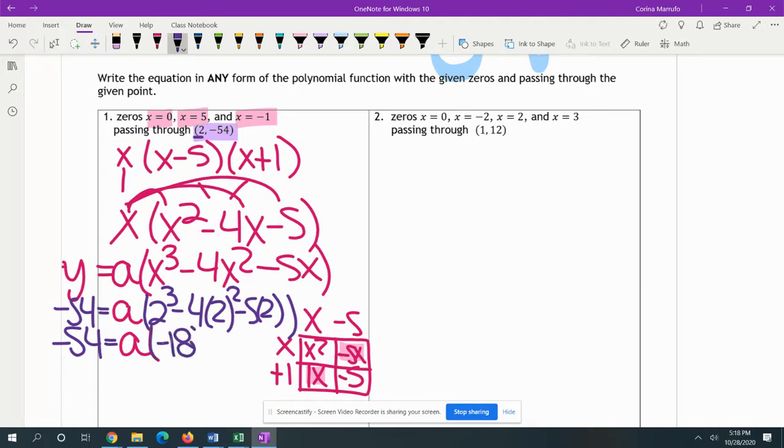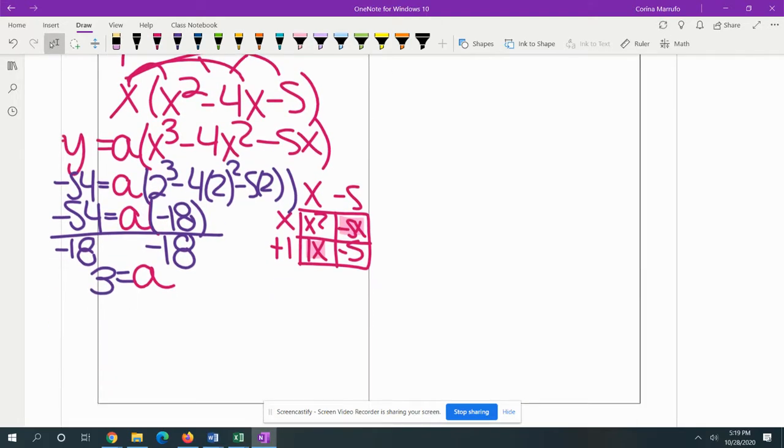Okay, so then our next step to solve for a is going to be to divide both sides by -18. So -54 divided by -18 is going to give us +3. So 3 is equal to our a. Okay, so then that means that our function equals